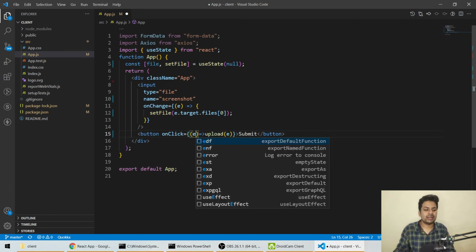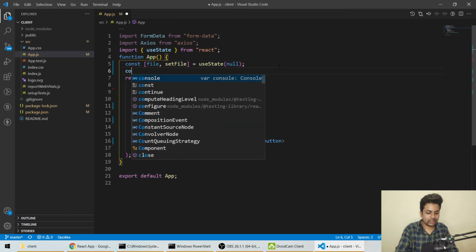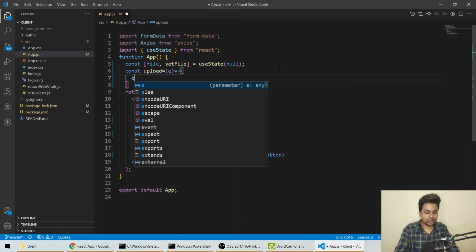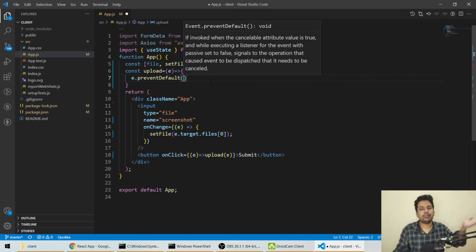On sending we'll call a function, so we'll say const upload, then we'll catch the event. Firstly we'll do e.preventDefault. e.preventDefault is preventing the page reload.